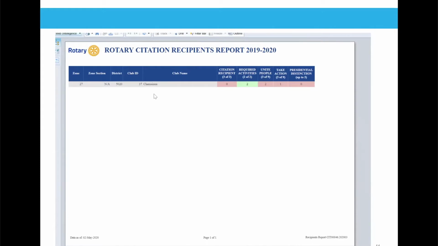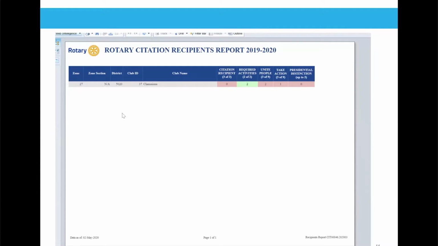There's a lot of red, partly because of the time of year. So some of these will not populate until midnight on June 30th of this year. But there's a lot that you should do, or you could do as a Rotarian, to ensure that all your goals have been reported, so that when midnight on June 30th comes around, you're going to get credit